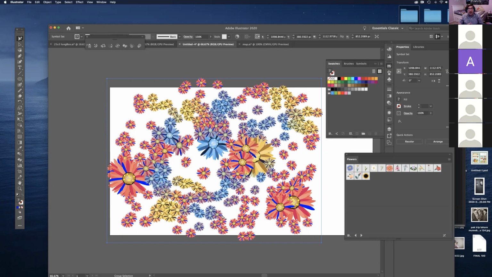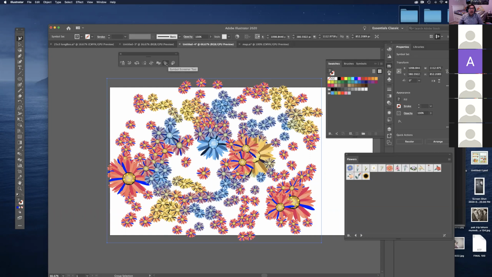But once we expand it, we won't be able to edit it with these. We call them the symbolism tools over here, starting with the symbol sprayer tool, symbol shifter tool, symbol scruncher, sizer, rotator, stainer,